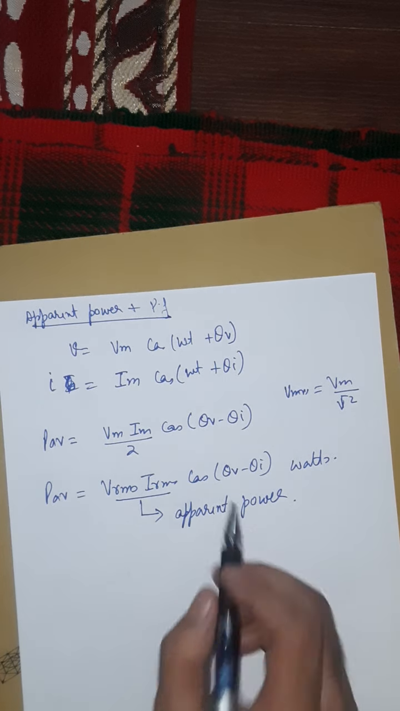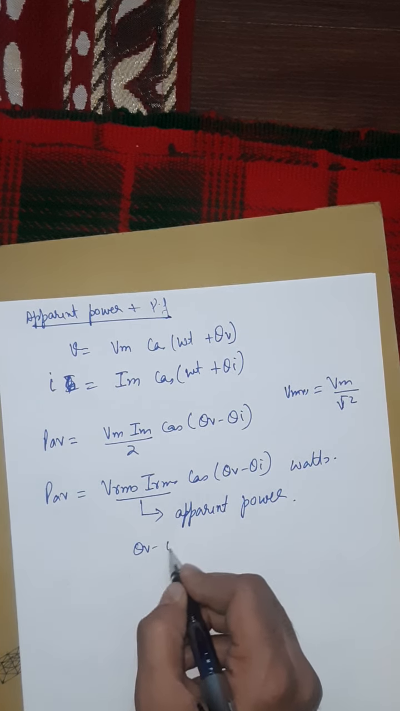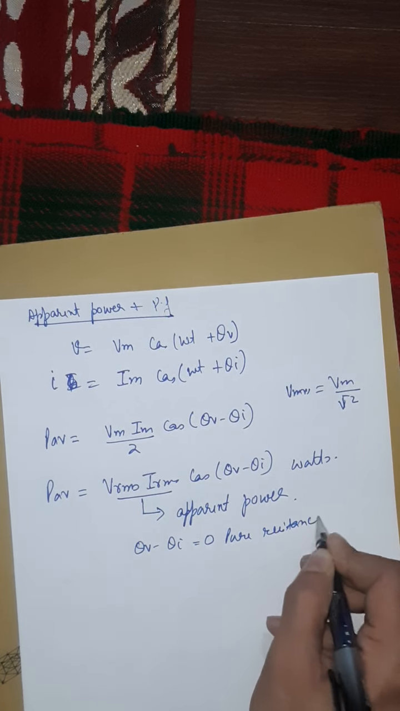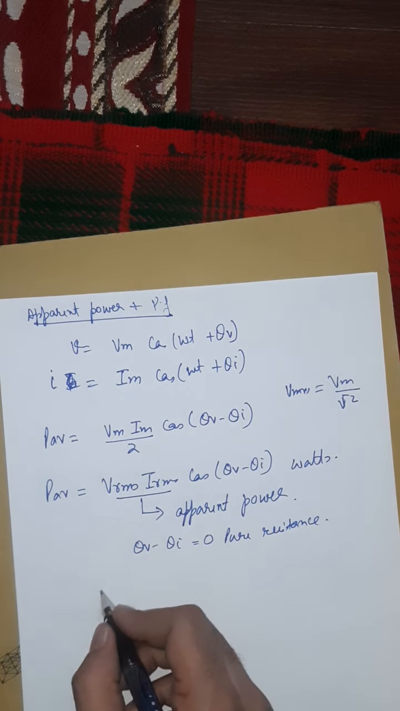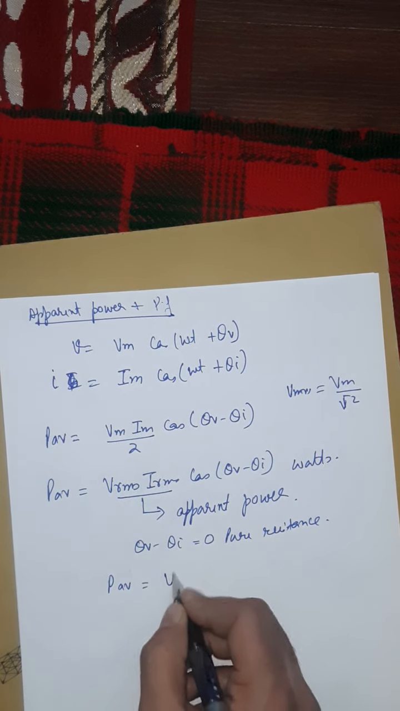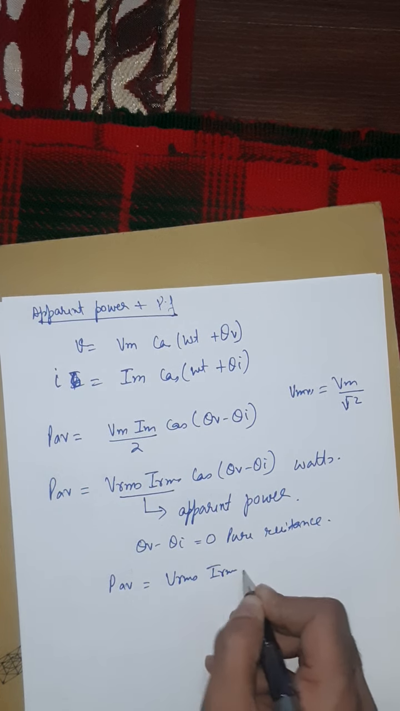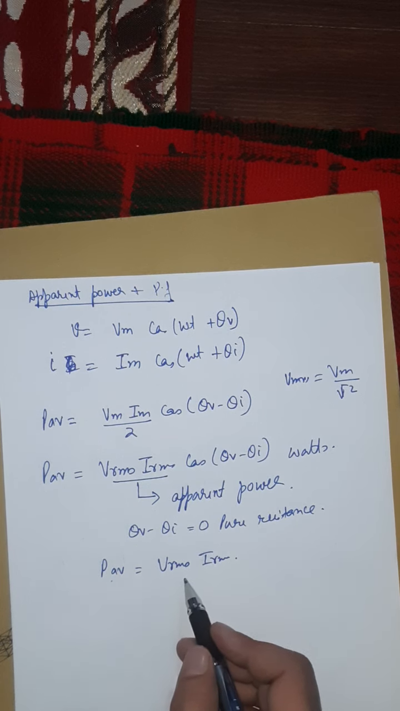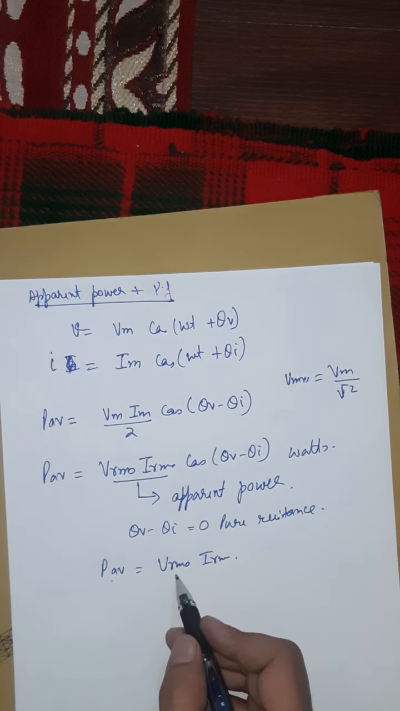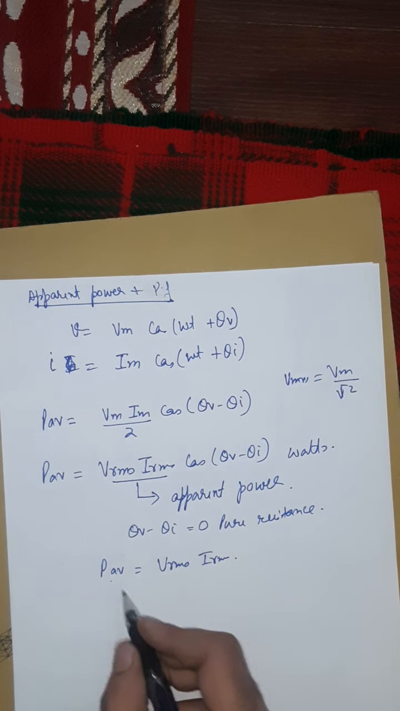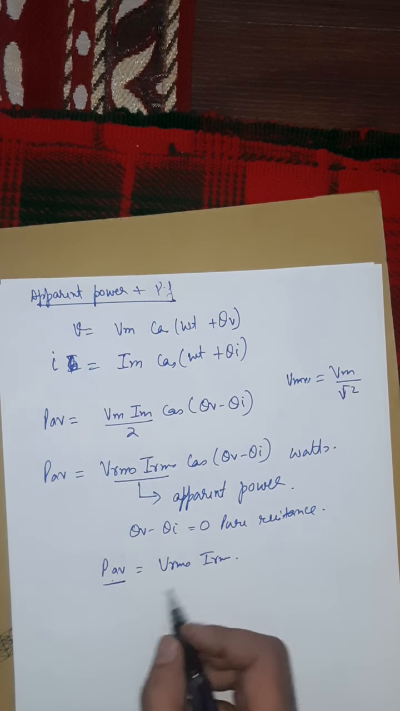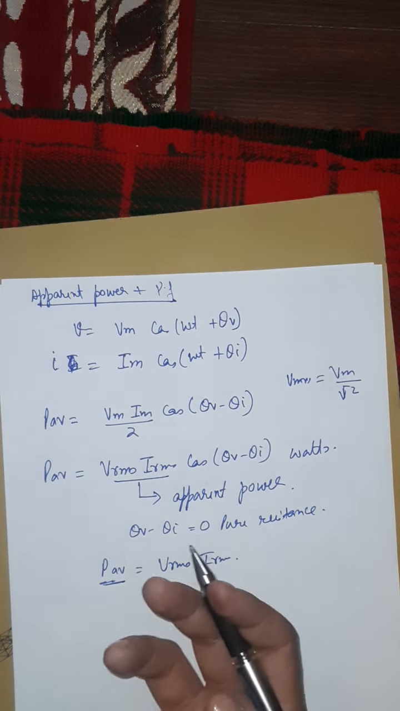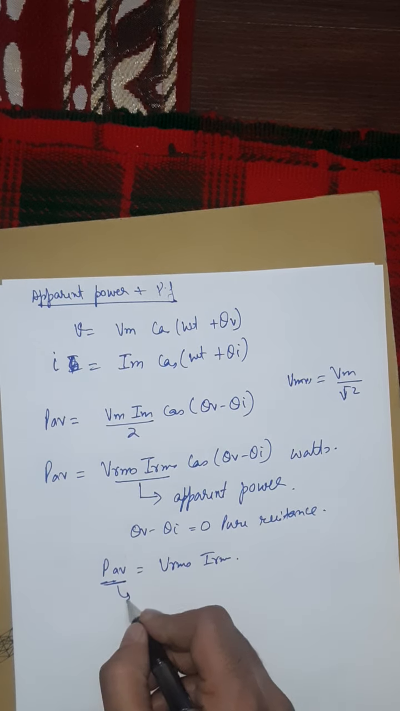Okay, so in the case of a purely resistive load, you know that theta v minus theta i is equal to 0. So for a purely resistive load, P average will be equal to Vrms into Irms. This average power is what we are consuming. When P average is equal to Vrms into Irms, we are consuming whatever the power company is sending us,